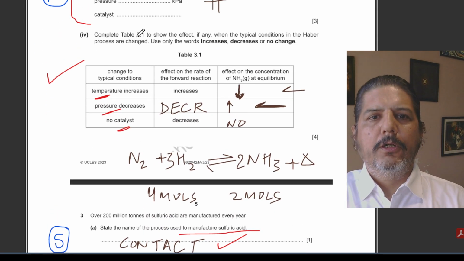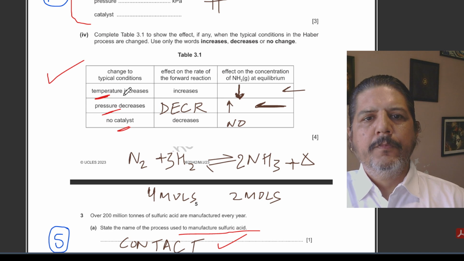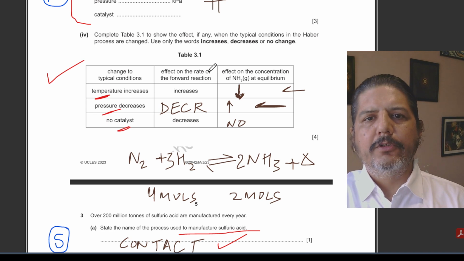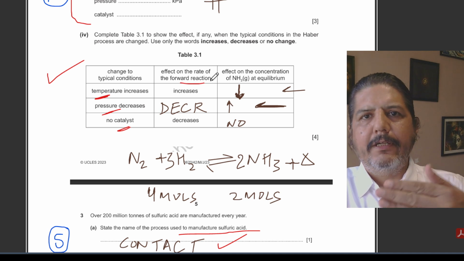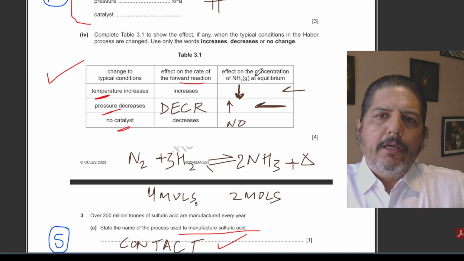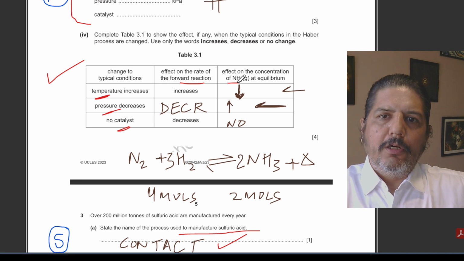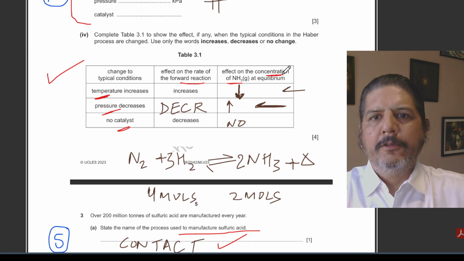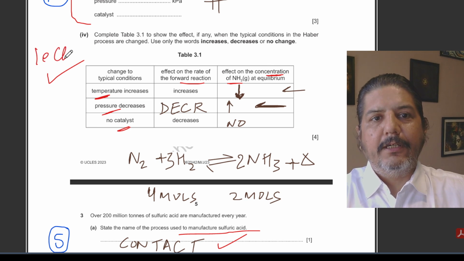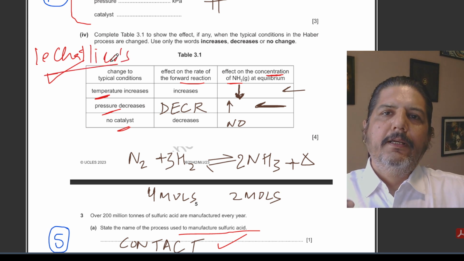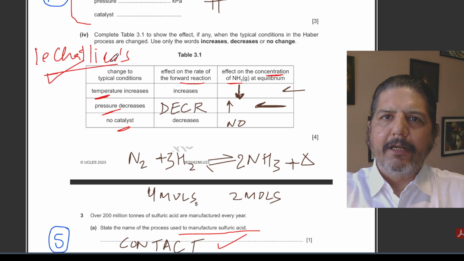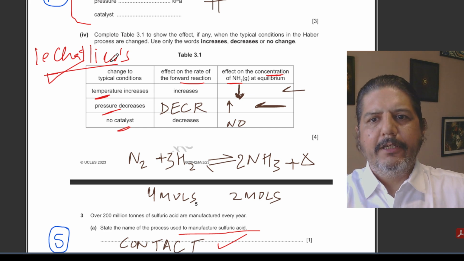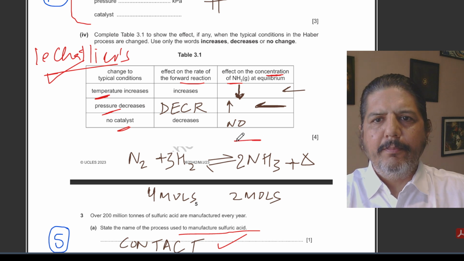Okay, so now what they are asking is the temperature increases. Effect on the rate of forward reaction, of course, rate of forward reaction will increase. But effect on the concentration of ammonia. So now they have asked the question in terms of concentration of the products. So as the temperature increases, we understand that as per Le-Chatelier's principle, as the temperature increases, the system will try to decrease the temperature. The system will decrease the temperature by going in the backward direction.